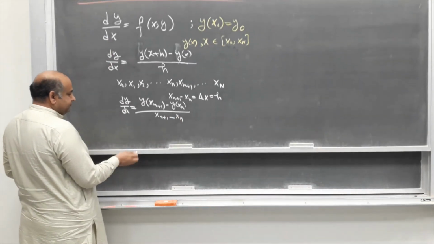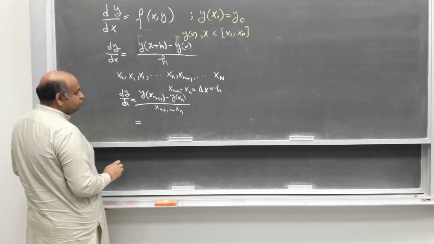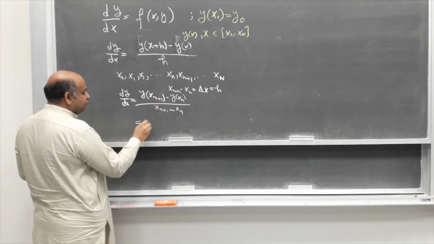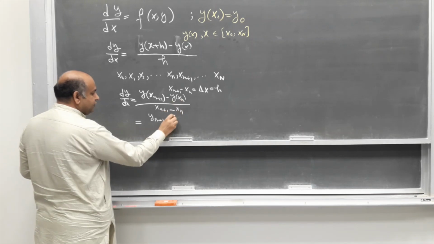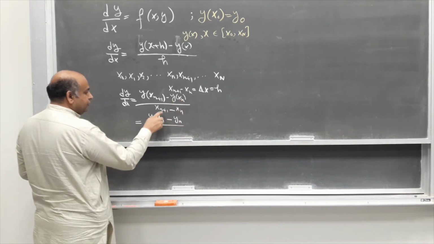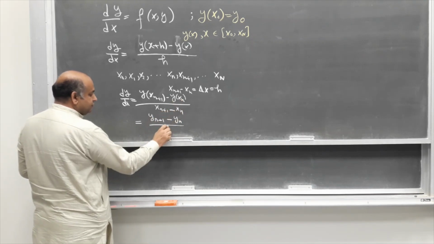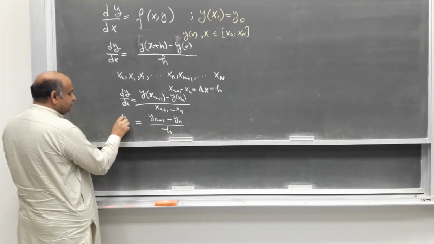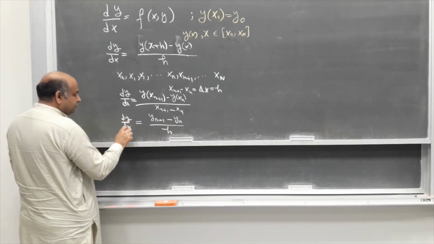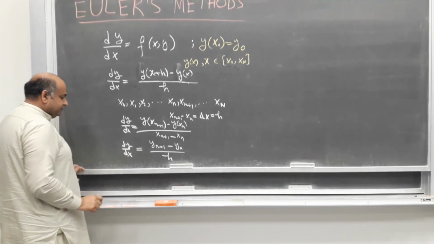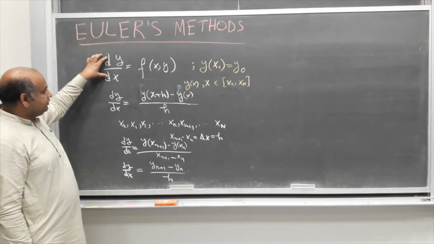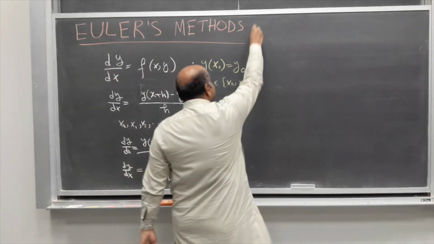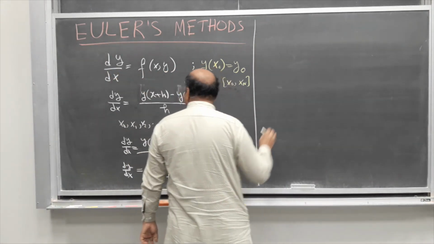And if I introduce a notation that y of xn plus 1 is simply yn plus 1, and y of xn is simply yn, and this delta x, let's just write it as h, so this is the derivative of this function. So if I substitute this over here, what we get is